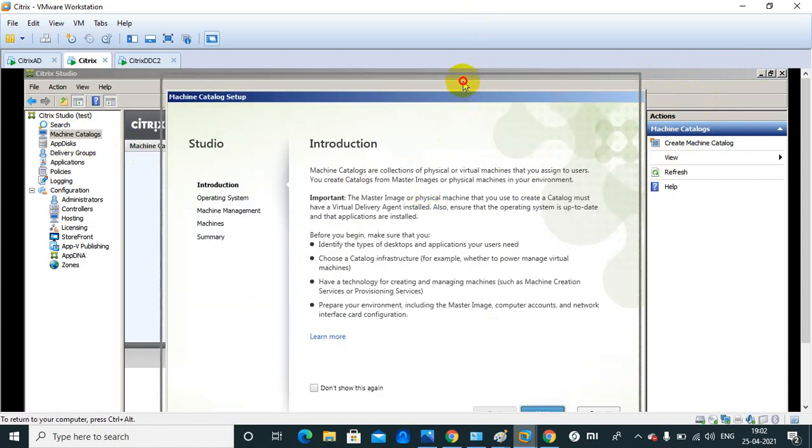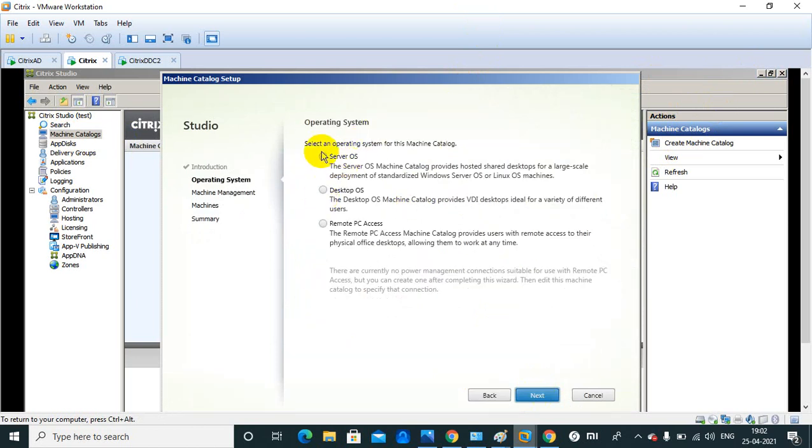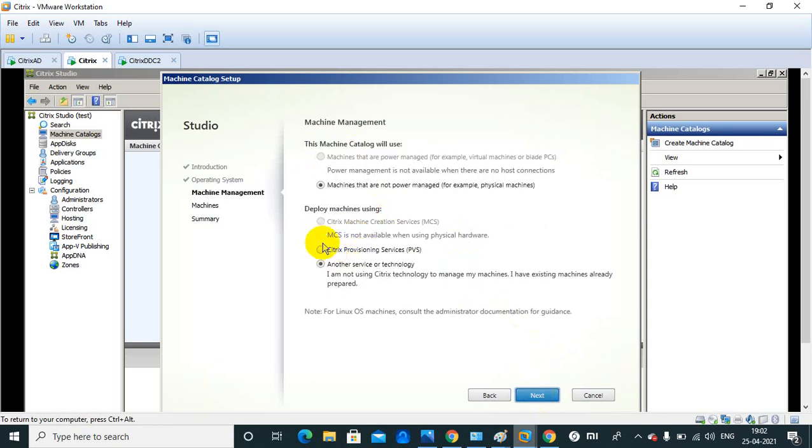Here, next is an introduction, then it's showing OS type: desktop OS and remote PC. Server OS means Windows Server, desktop OS means Windows 7, Vista, Windows 10, like that. Click on next, and now you can see the machine creation services.